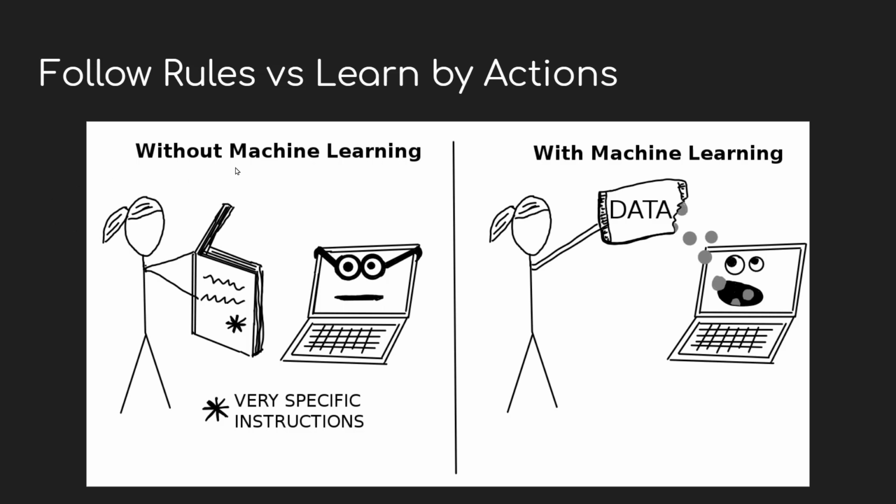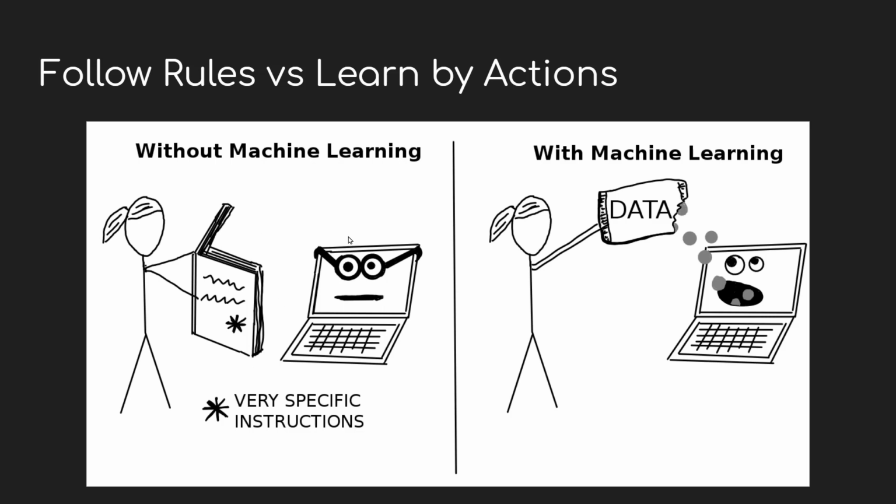I'll just give you an example so that you can understand. Imagine I have a computer which goes by the rules of the RTO. It will drive on the left side of the road, stop at the red signal, and slow down at the hump. The RTO has given a very specific rule book for you. Whenever there is a parking P, you have to park there. Whenever there is a speed limit of 40, you have to drive at 40 km/h.